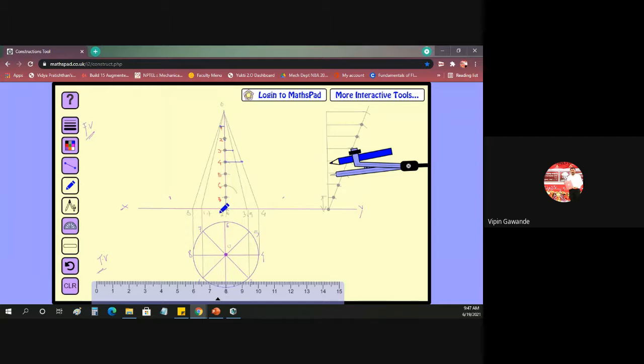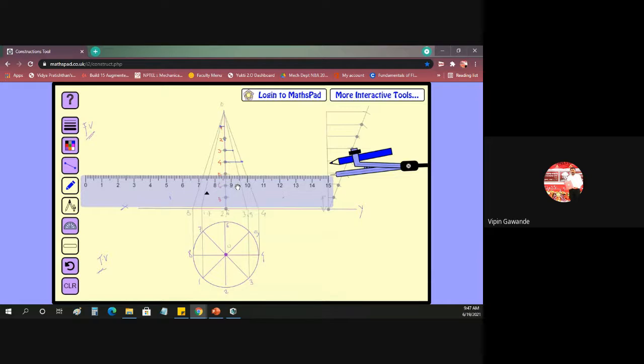2 is here on the center line only. So it is the same point. 2 will remain there only. Then 3 goes to 3, O3 line. This is called the generator. So O3. 4 goes to 4. Then 5 goes to 5. This is O5. This is the 5 line here. So this 5 goes to 5 here.